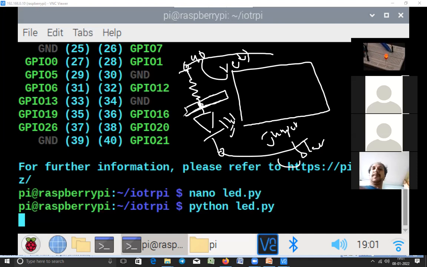Now from this point, I have taken the signal to this particular 40th pin. Remember, from pin 40 we have connected to the resistor end, and the resistor end is connected to the anode, and this cathode is connected to ground. This entire thing is a continuous loop. Okay, there is the circuit. Is that clear? Do you understand that? Yeah, it's clear.